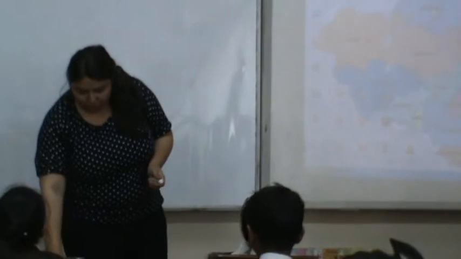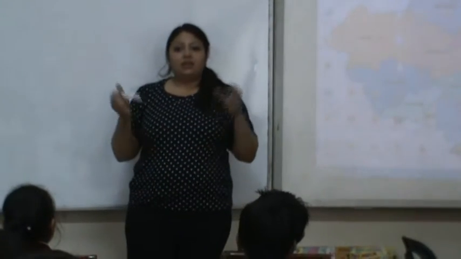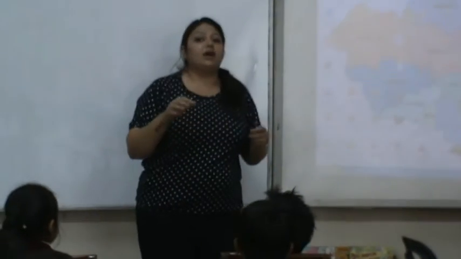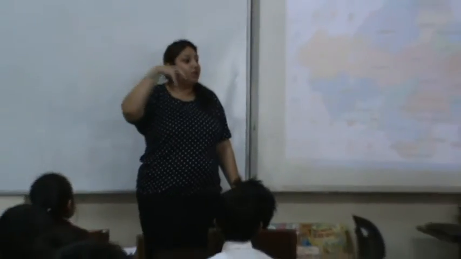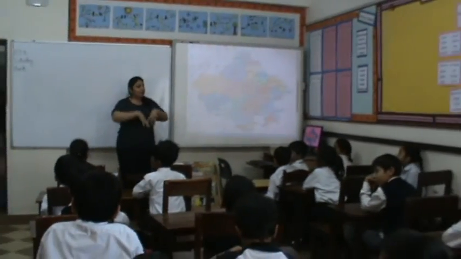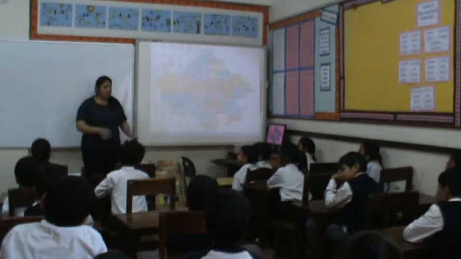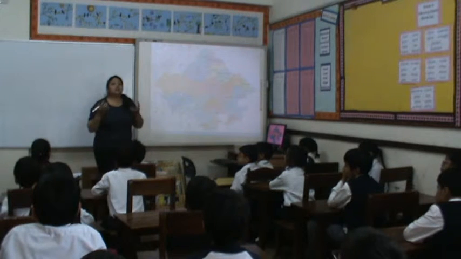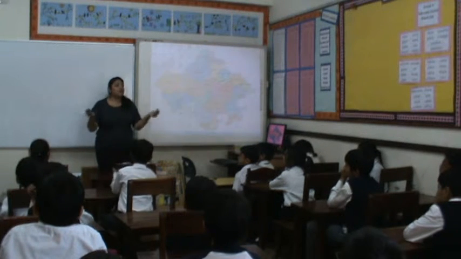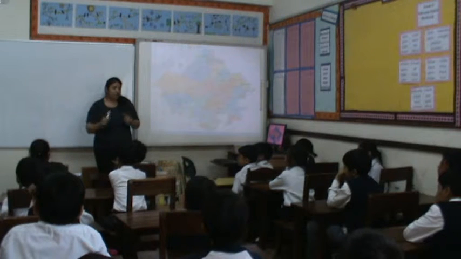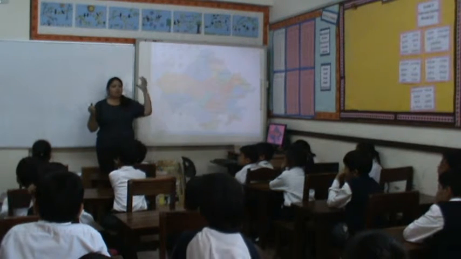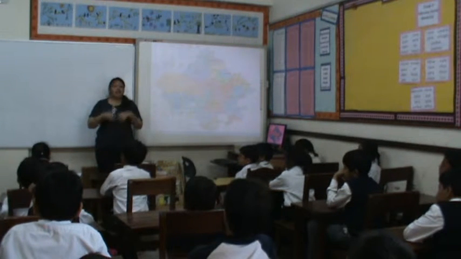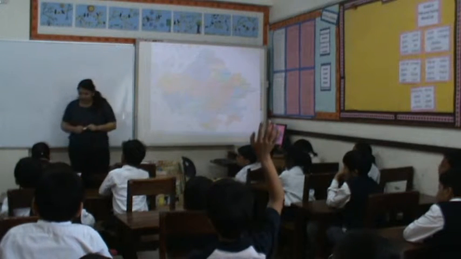Okay, now today I will show you some things. When we put an object in the water, have you seen that if I am putting a very heavy object in a bowl of water, some of the water comes out? Yes. It spills out. Okay, do you know why? Because the weight of that object is heavier than the weight of that water. That is why when that thing goes into the water, the water displaces, it comes out. Okay?